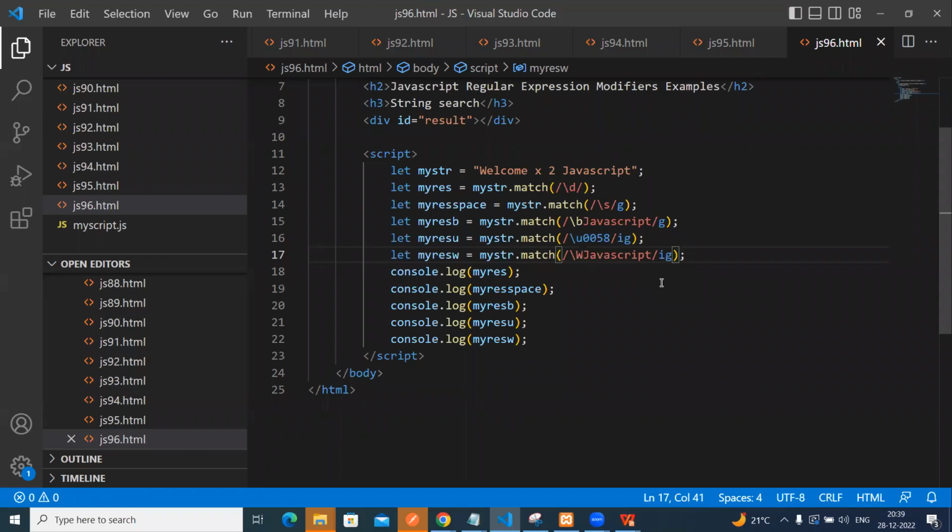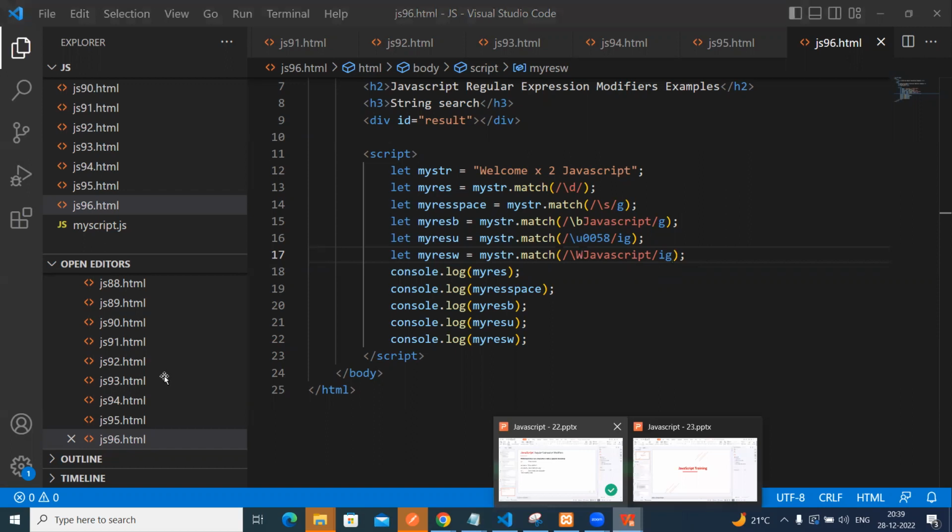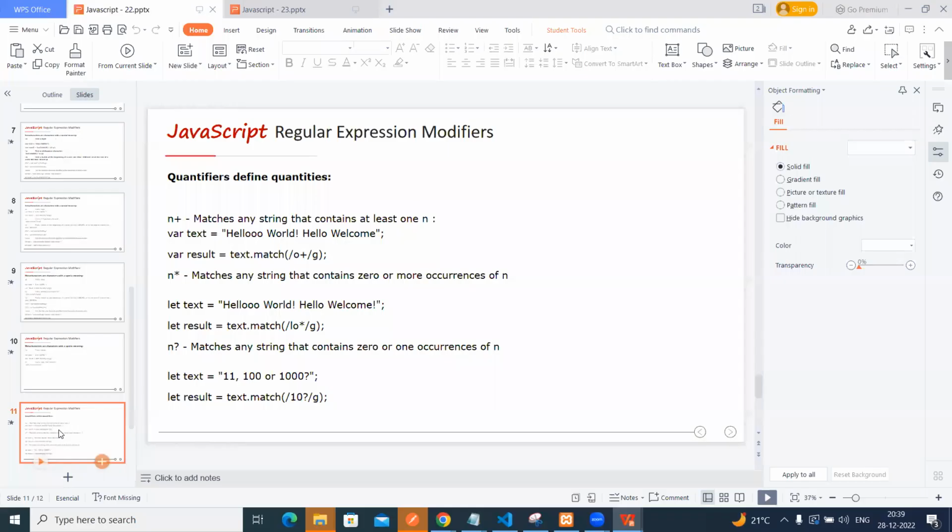So this is for matching the word. The next one is the new line, which we already saw previously. Next one is n plus, n star, then n question mark. N plus matches anything that contains at least one n. At least one n. Okay, so that means at least one we are having. So then it returns the